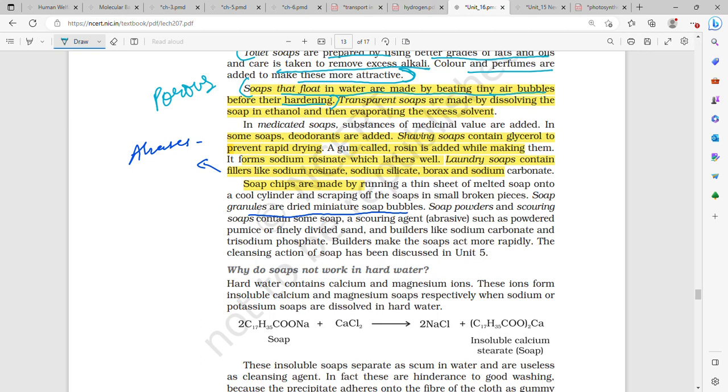Soaps that float in water are made by beating tiny air bubbles before their hardening. Transparent soaps are made by dissolving the soap in ethanol and then evaporating the excess solvent. So how do we make transparent soap? Transparent soaps are made by firstly dissolving the soap in ethanol and then evaporating the excess solvent. So if we dissolve the